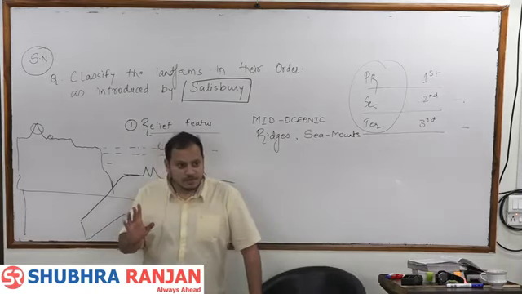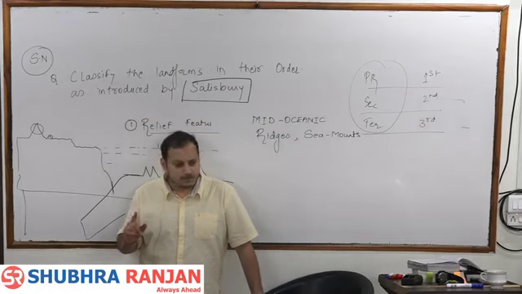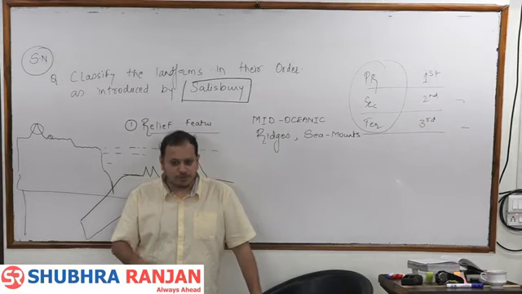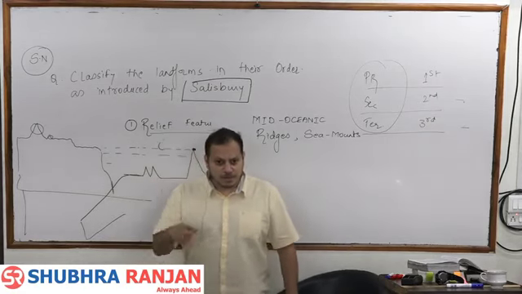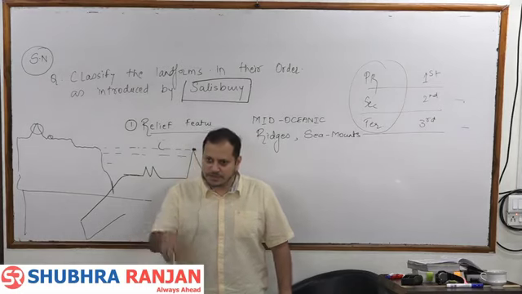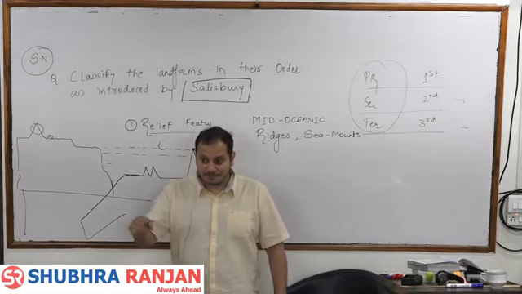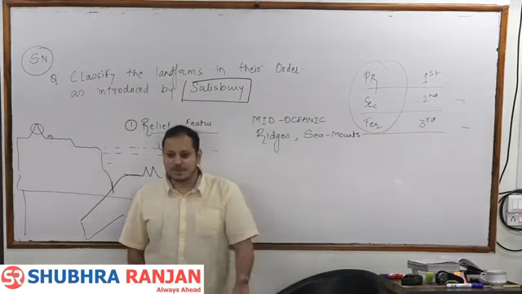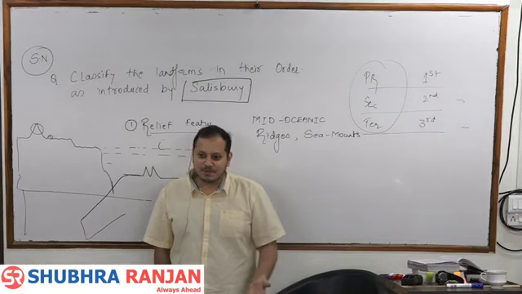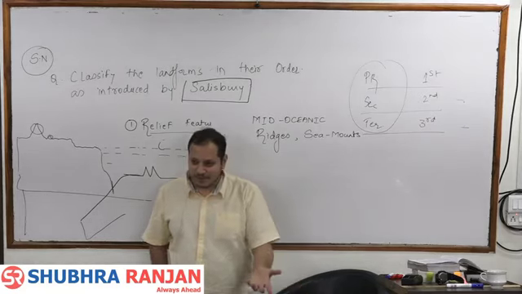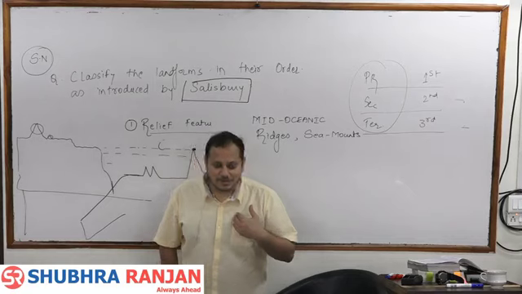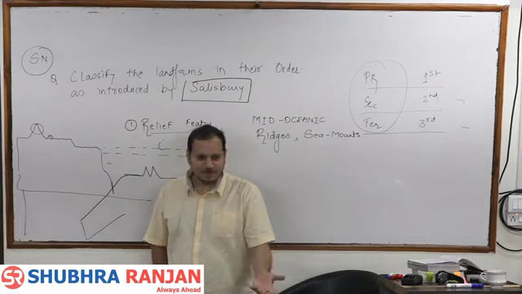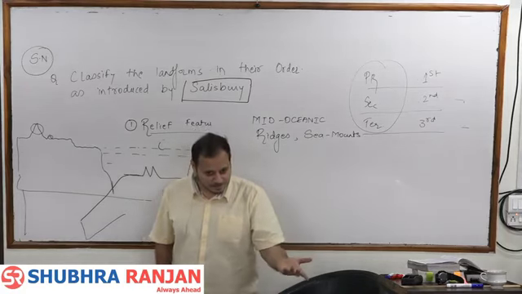Now tell me why the mountain is being formed. Folding or faulting. Endogenetic, exogenetic. Which one is it? Endo. Why is the mid-oceanic ridge being formed? Volcanic activity. Is volcanic activity endogenetic or exogenetic? Endo. Anything that is coming from the earth. Does a volcano fall from the sky or come from the earth? Earth. Endogenetic. Earthquake, endogenetic. So can I conclude that all the second order relief features will be formed due to endogenetic activities? Right? Whether it is mountains, plateaus or plains.